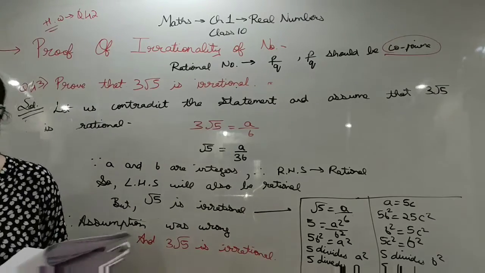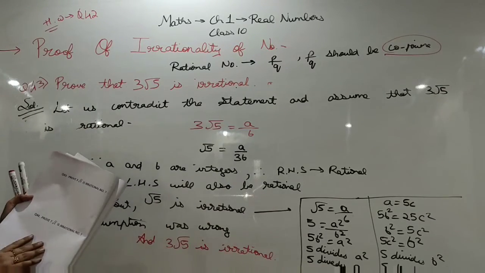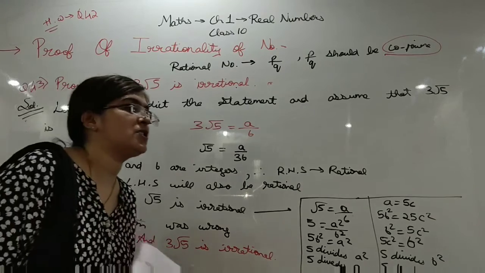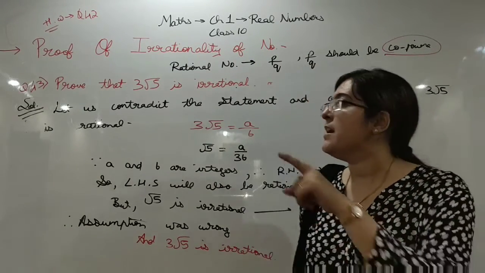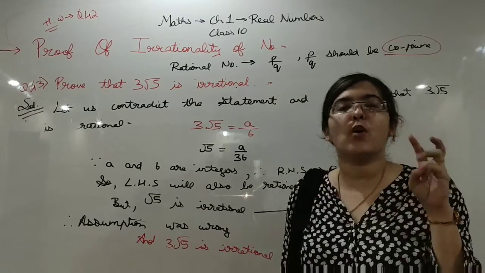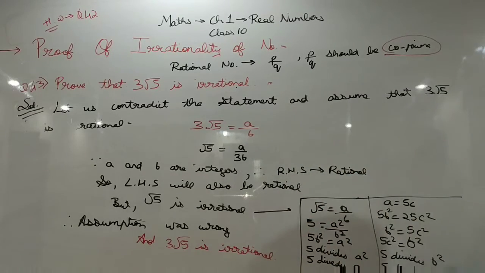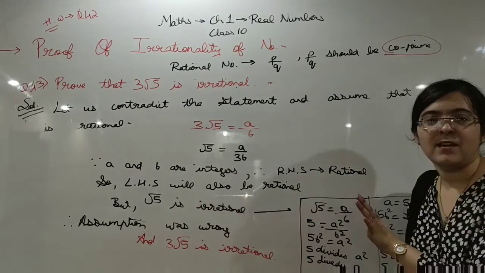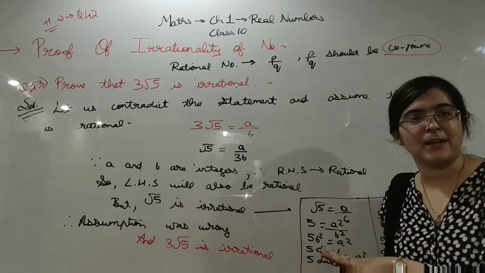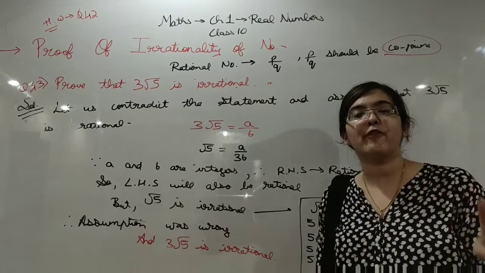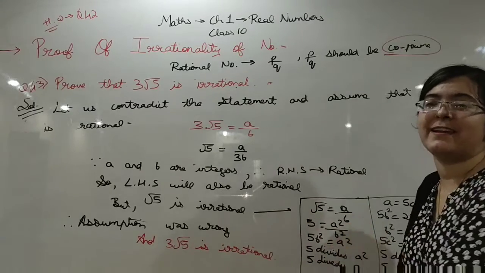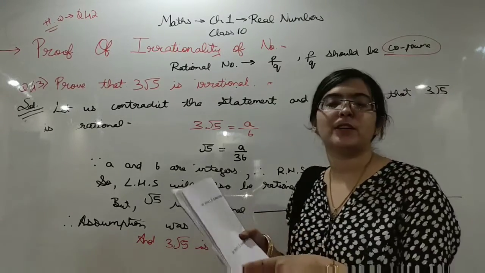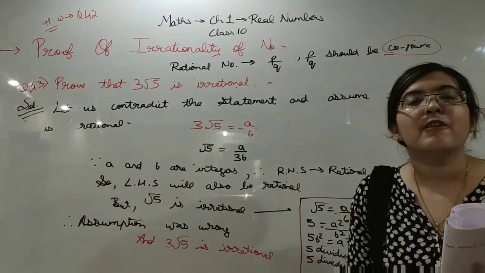So students, after 43, your question number 44 is same. Now, listen carefully students, if this question comes of only 2 or 3 marks, then you don't have to prove it, you have to just write that since root 5 is irrational. But if the question comes of 4 and 5 marks, then you have to prove this again. Okay, you have to prove this root 5 is irrational. So your question number 44 is same as question number 43.